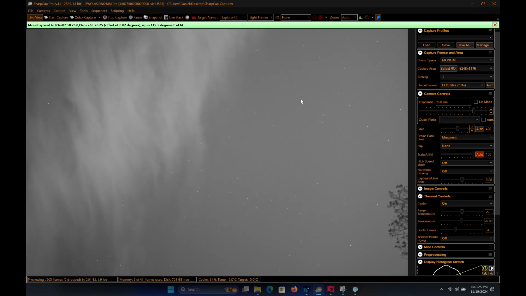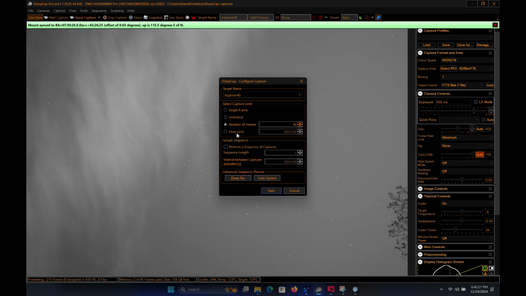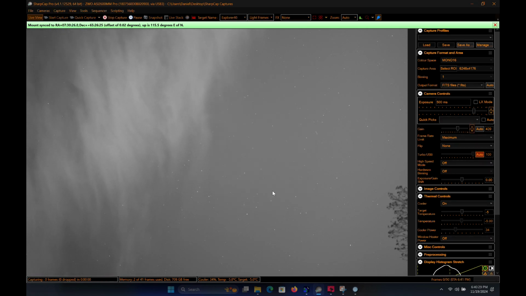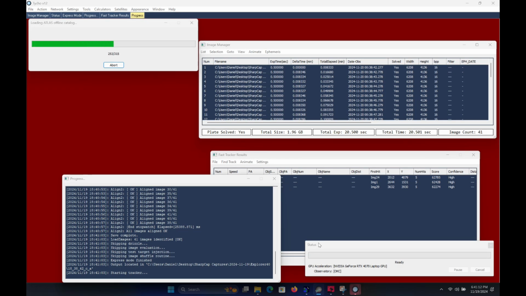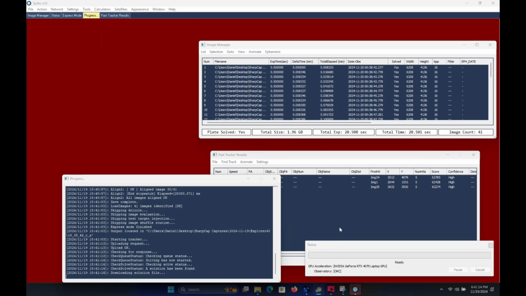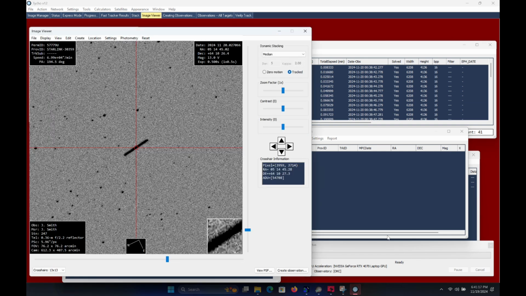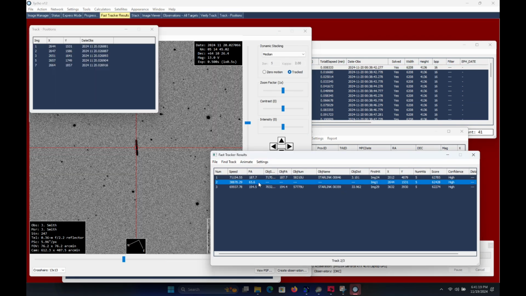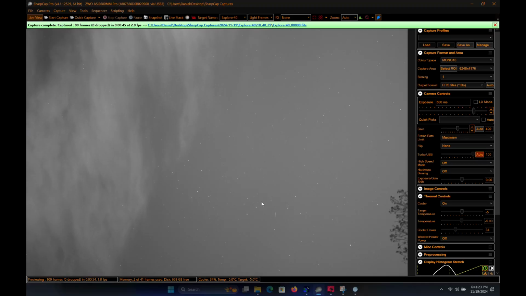So the mount has now slewed to that position, and I tell the acquisition software to go ahead and start collecting another set of images. Meanwhile, there's another satellite that makes a pass through the field of view. Again, that's not the one that I am going to image, but the Tycho software is also now finishing up the previous batch of images, and it has identified 3 streaked objects. The one in the middle, that is the one that we are interested in. And now you can see that the object we are interested in has just now made an appearance in that